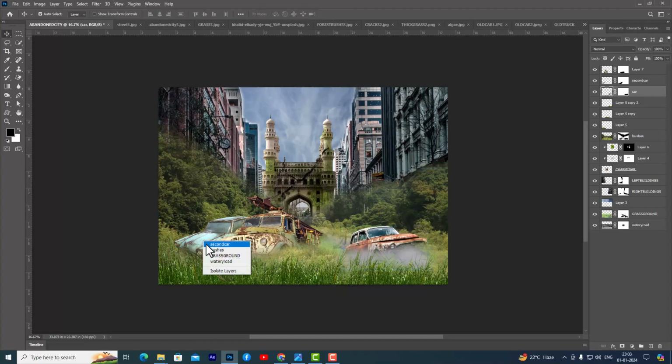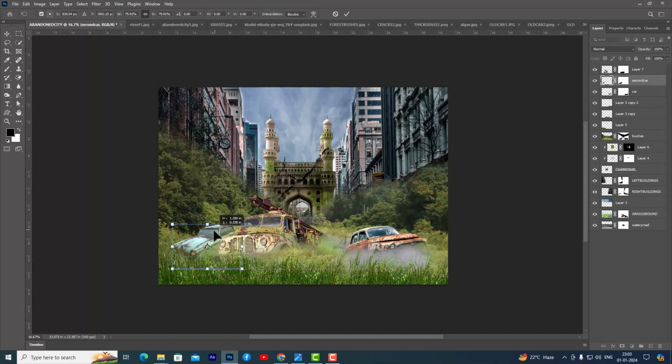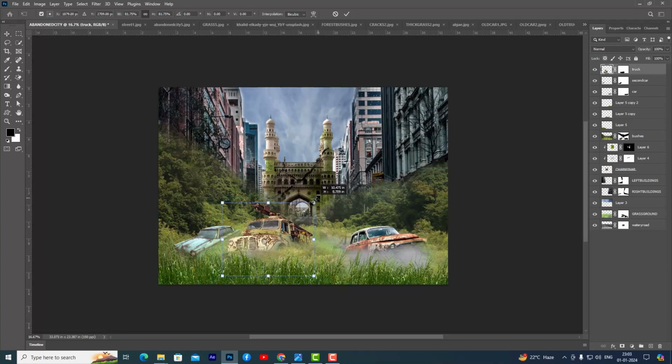And we will also make this second car image a little bit small. Right, and we will rename this layer as truck, and we will also make it a little bit small. Right, now the scene looks better,